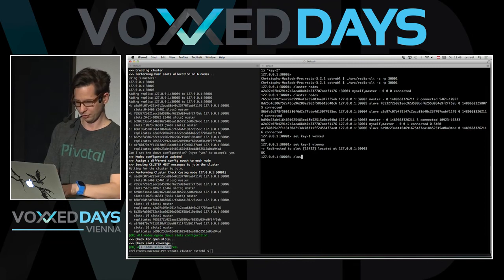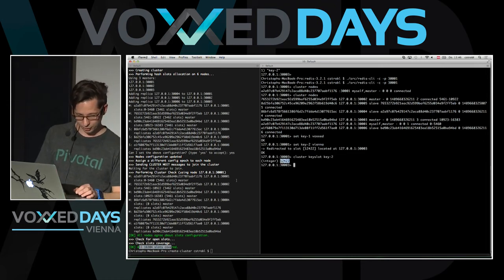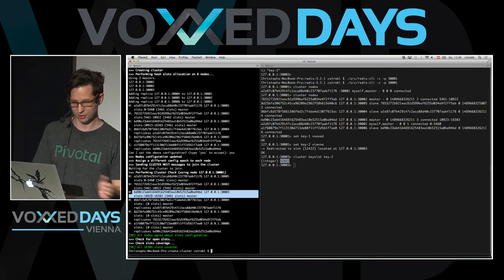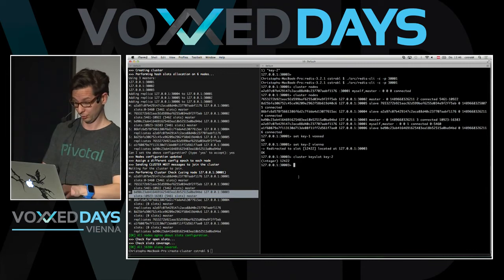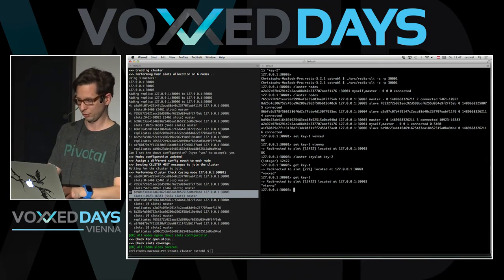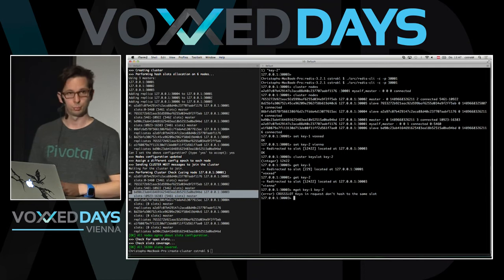And if we now have a look at the cluster key slot for key 2, you see this is 12,422, and that should be covered by server 3 in here, because it's in that range. Okay, pretty nice so far. And then we can go on and get the key back. That works pretty nicely. We can get the key 2 back, get redirected again because it isn't served by the server that we sent the request to, and then we can call mget key1 key 2, and boom, that didn't